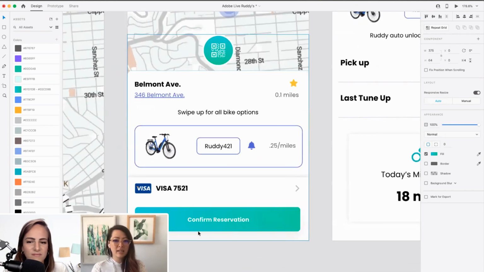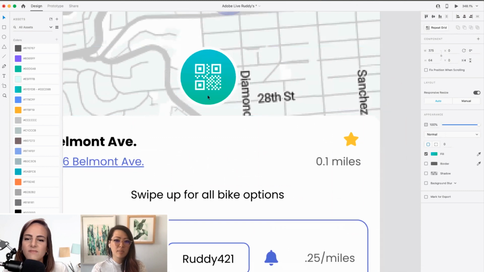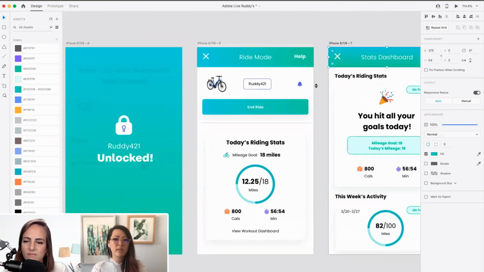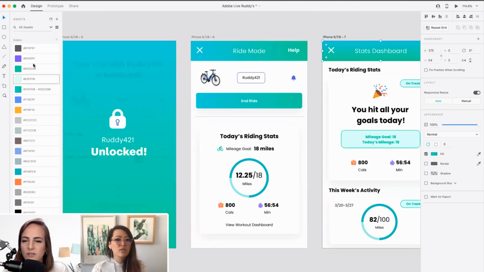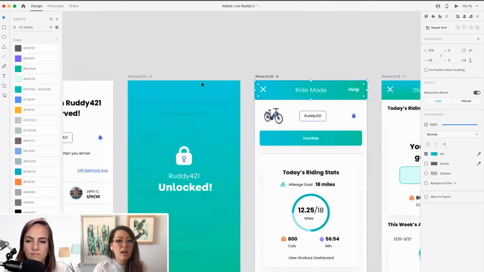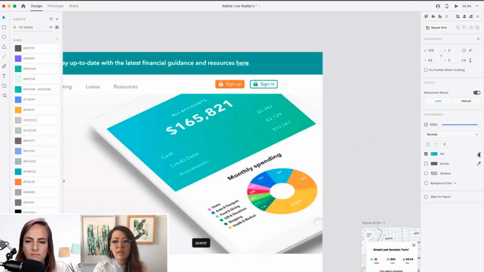I like this gradient here, but I don't know if I'm liking it on this button. It's overwhelming with these two gradients. So I'm going to change this guy into just a solid teal like it is here.